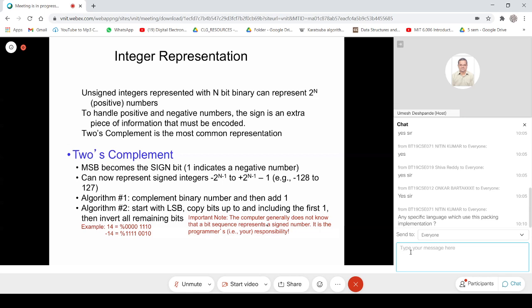Okay, so say we write scanf percentage d and the address of some variable x, and while we input that x through the keyboard, let's say the number input is minus 14. Well, this minus 14 is read by the system as a sequence of characters, that is minus 1, 4.